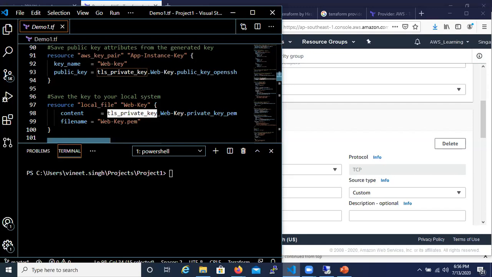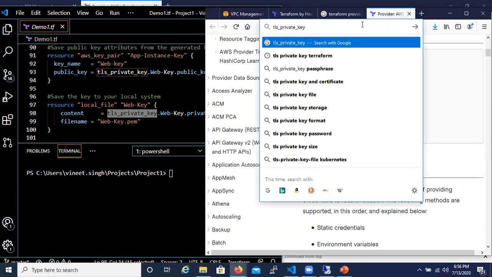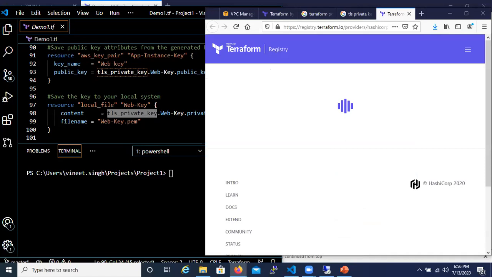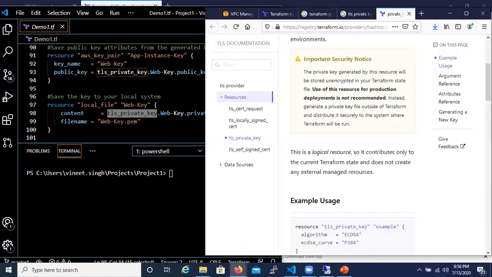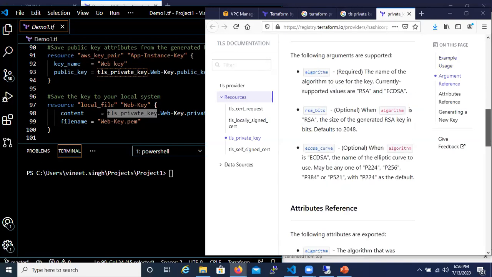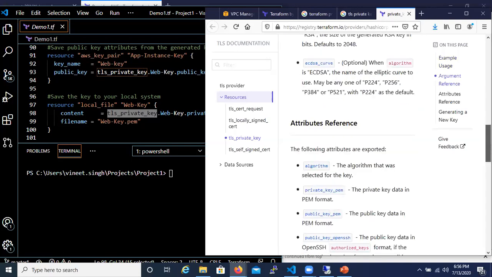If you go to Terraform's website, you will get an example of this block as well, and the different attributes or arguments which are available, you can make use of.